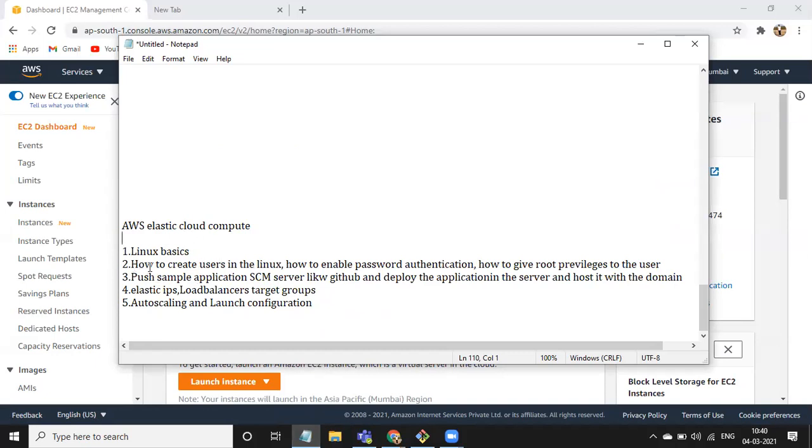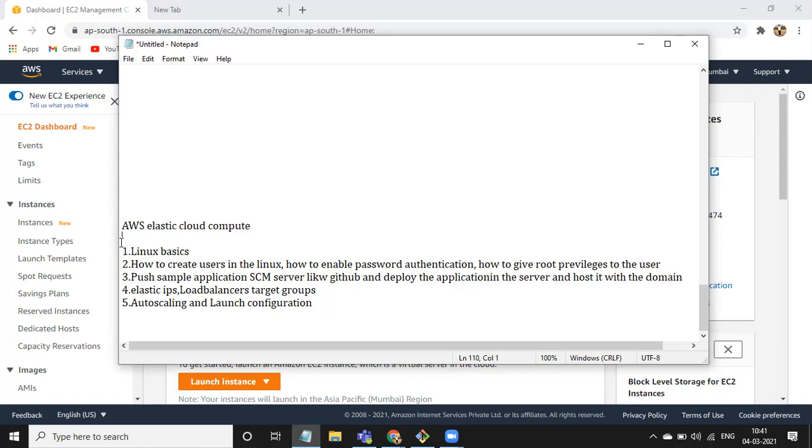And in tomorrow's class, I am going to teach how to create users in Linux and how to give password authentication to the user. What are the different authentication methods and how to enable password policies for the user. If you create a user in Linux like Ram, and you set a password for that user, for example ram@123, my use case is I will give my username and password to the user, and he should be able to change his password after first sign-in.